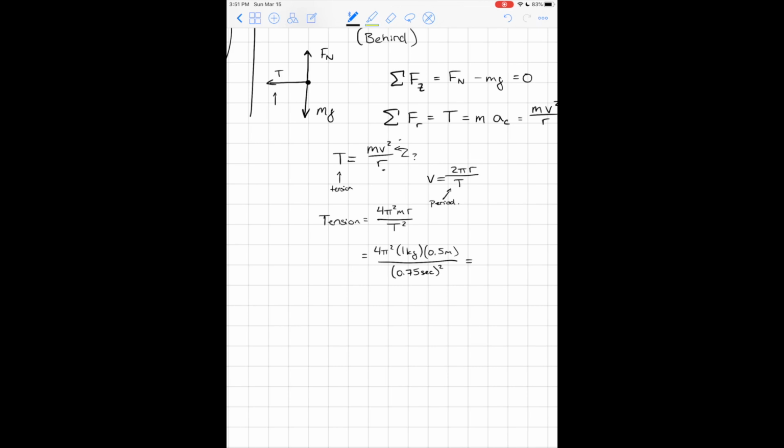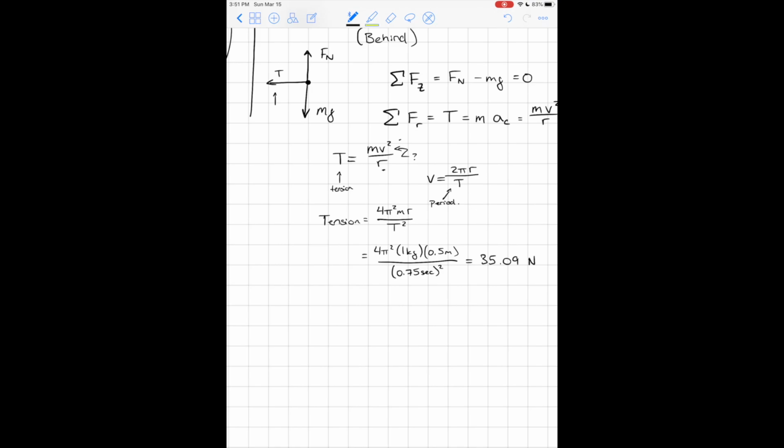If we plug that into a calculator, 4 times pi squared times 1 times 0.5 divided by 0.75 divided by 0.75 gives me 35.09